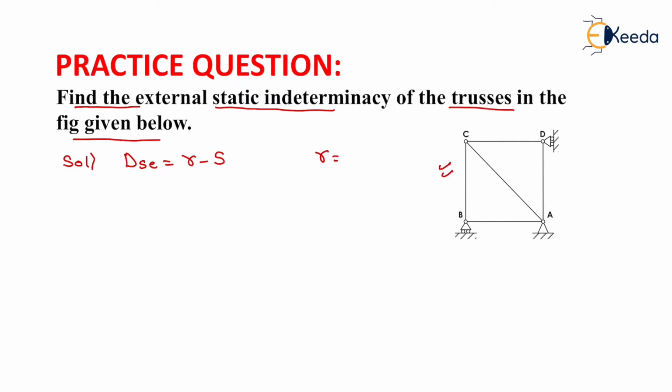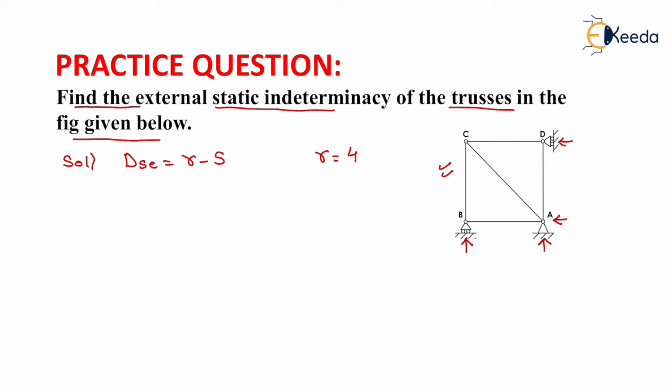Now what is R? It is the total support reaction. We know that at a roller support there will be only one vertical reaction. At a hinge support there will be two reactions, that is vertical and horizontal, and at a roller support there will be only one reaction. Now the total number of external reactions present in this truss will be